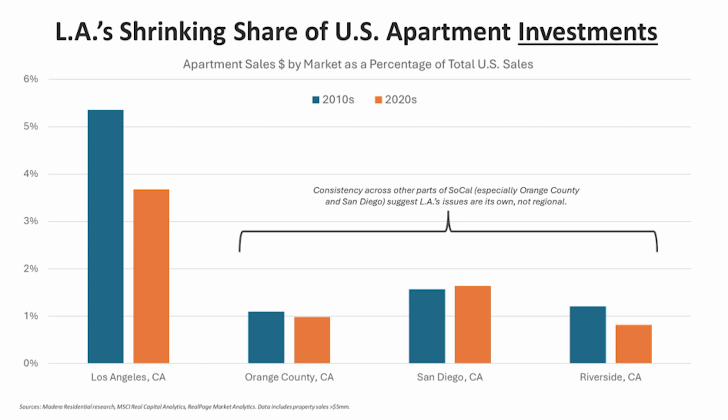We can see a big drop off in the share of sales going to LA, but it's been a pretty steady story in Orange County, in San Diego, and in Riverside. And so again, it really is unique to LA, and specifically the city of LA, where we had one of the longest eviction moratoria in the country, which essentially made rent payment optional for a long period of time. And of course, we also had the ULA transfer tax, which adds about